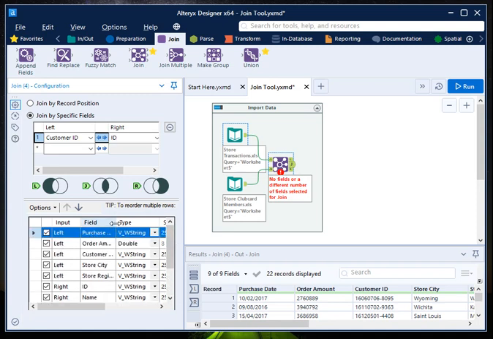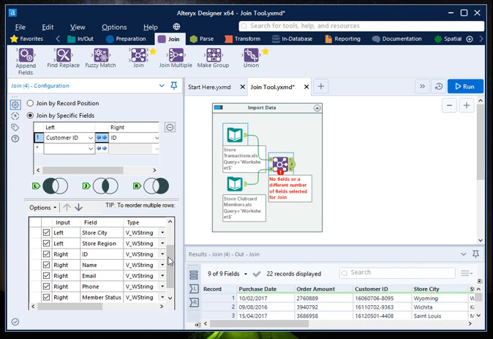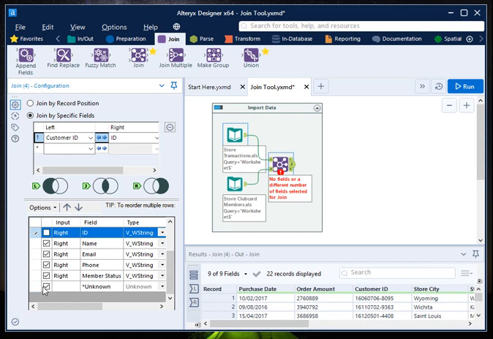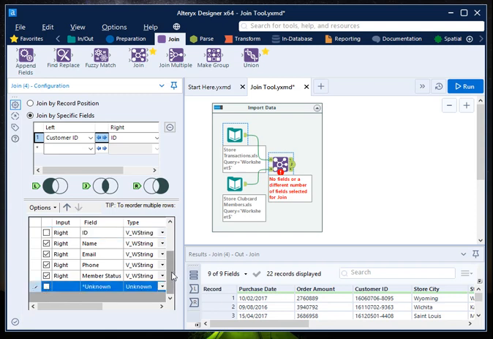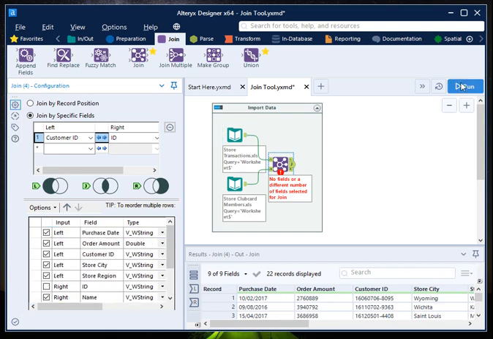Suppose I want here your purchase date, order number, customer ID. These columns are present in your left table and these columns are present in your right table, but I know that there might be a duplication of columns. For example, customer ID in left table and ID in right table, so I can uncheck this, right? Rest other columns are unique. You can also uncheck this uncommon one, and then you can just hit this run button.